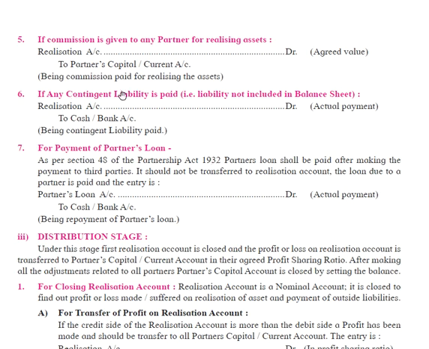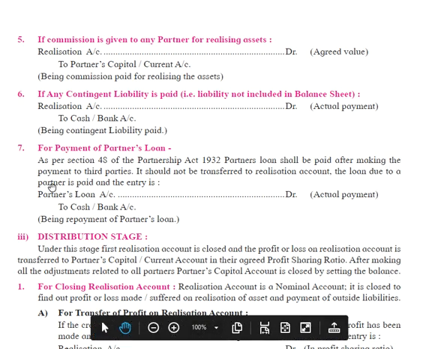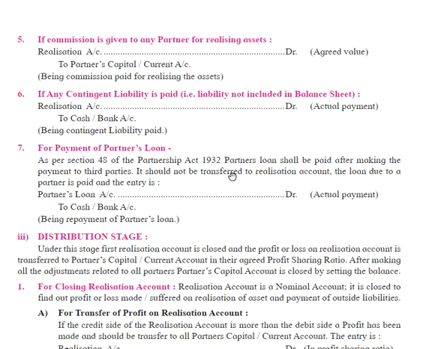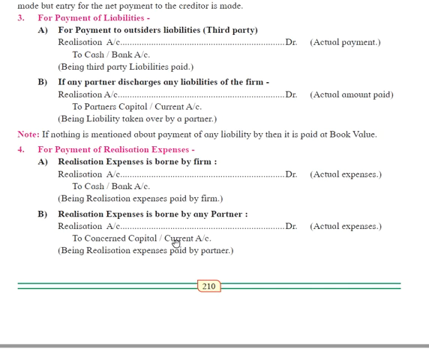And if any contingent liability is paid, a liability not included in the balance sheet: realization account debit to cash account or bank account. For payment of partner's loan account, as per Section 48 of the Partnership Act 1932, partner's loan shall be paid after making the payment to third parties, and it should not be transferred to realization account. The loan due to a partner is paid and the entry is: partner's loan account debit to cash or bank account. This is the second stage,